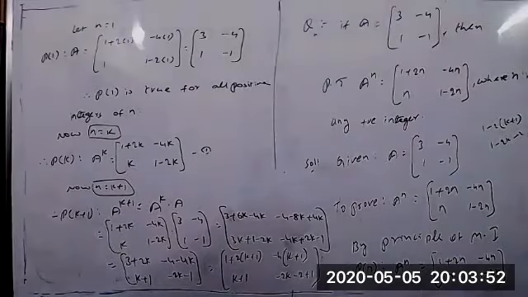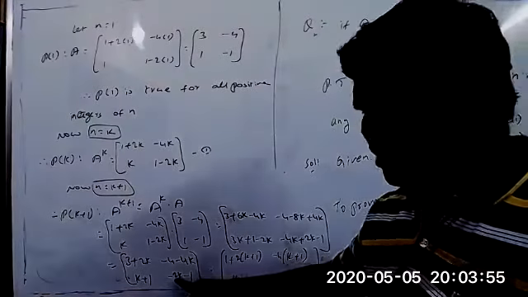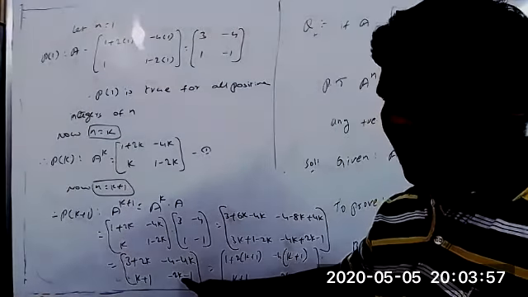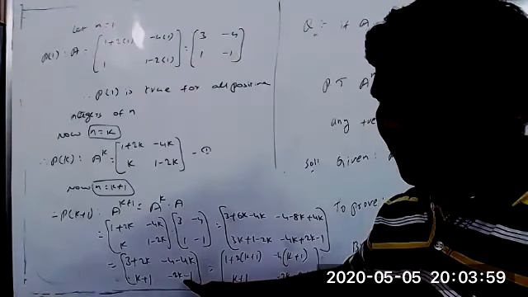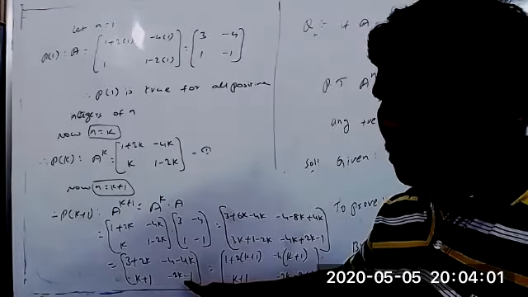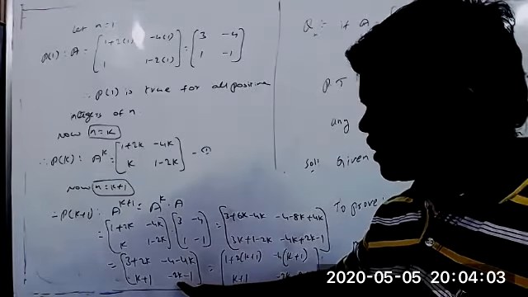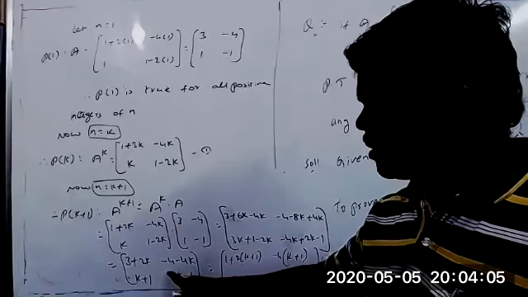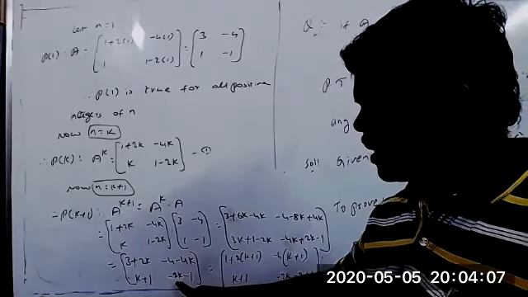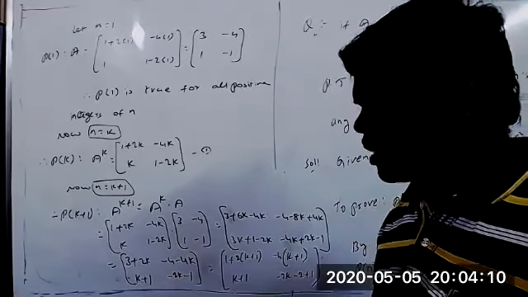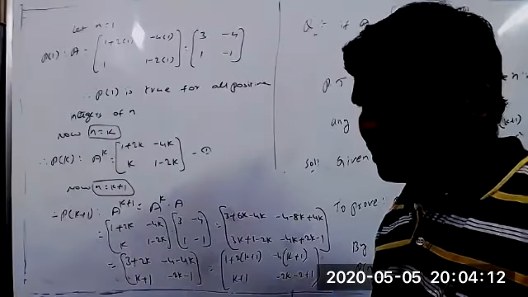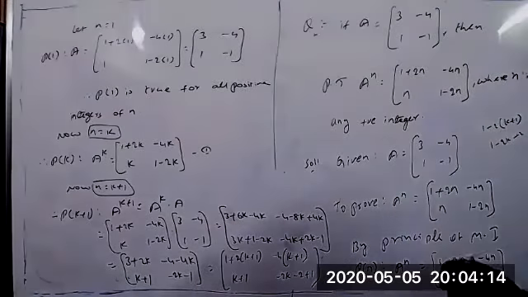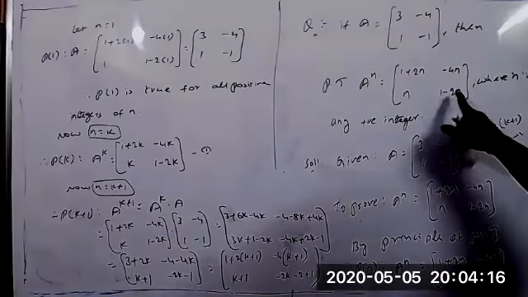Here, from this term, what will we take common? Minus 1, sir. Yes, you can take minus 1 common. What about the remaining? We get 2k plus 1. But if you take minus 1 into 2k plus 1, it is not possible for this one. So what about this value?